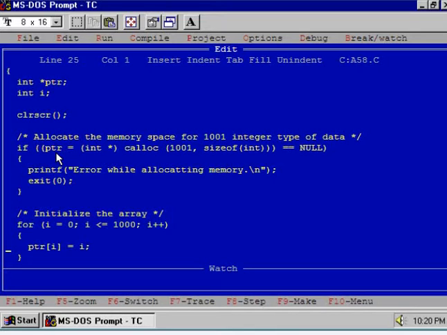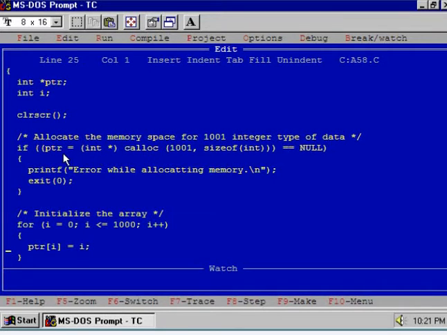Then observe the if statement. The if statement is checking for a memory allocation error, so here is the message of memory allocation error. If the function calloc could not allocate memory, if it could not reserve memory in the heap area, then it will return a null value.